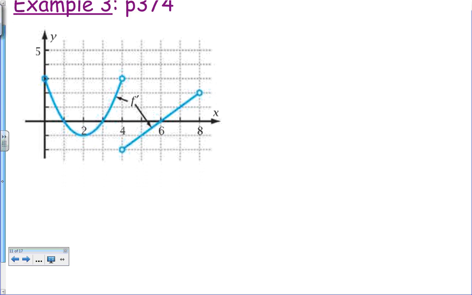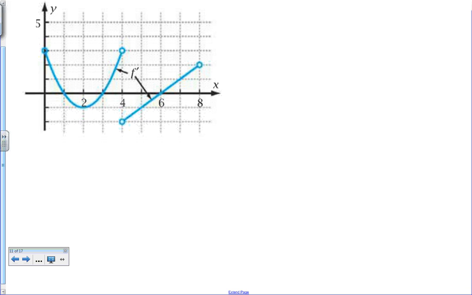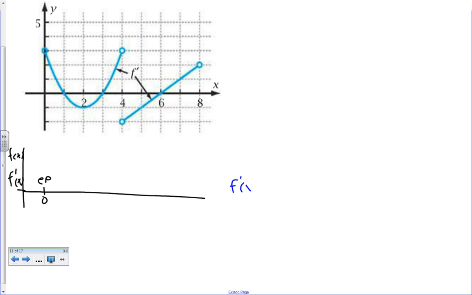So let's start with the number line graph here. It's usually easiest if we sketch the number line graph right below our function. And so we're going to have f prime of x and f of x. And we're going to mark just our critical points as we do this. So at 0, we have an endpoint here. So that's going to be a critical point for us. Remember, the critical points are where f prime of x is equal to 0 or undefined. So those are the points that we're going to mark here. In fact, I'm going to go ahead and mark that down here. It's f prime of x equals 0 or undefined are the points that we are going to mark along this